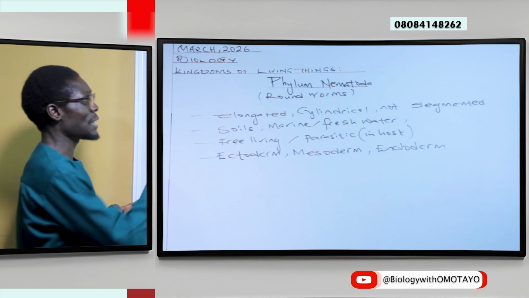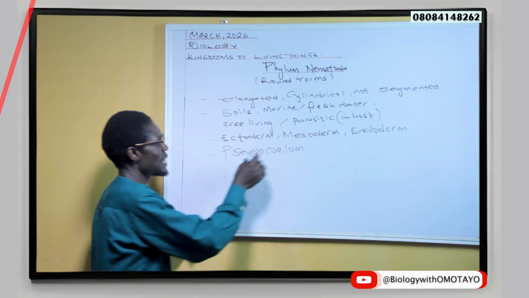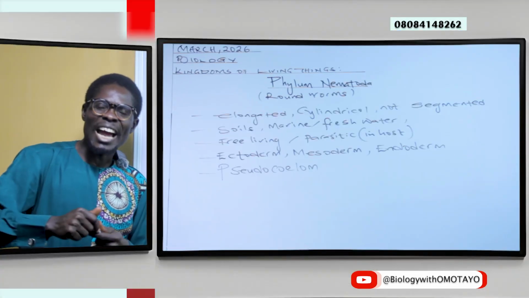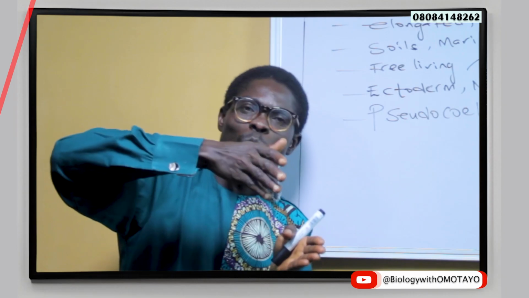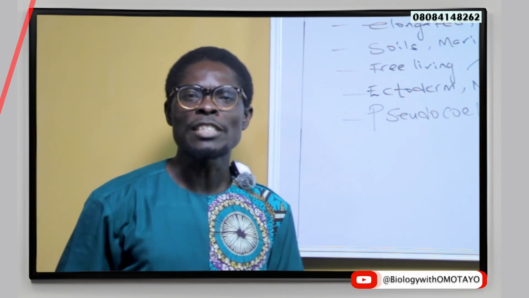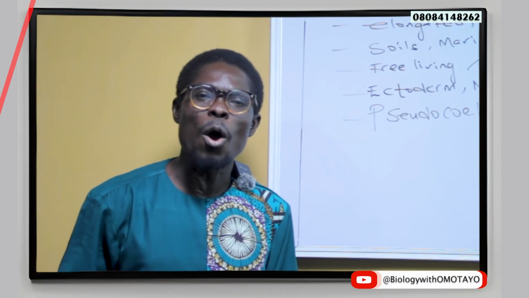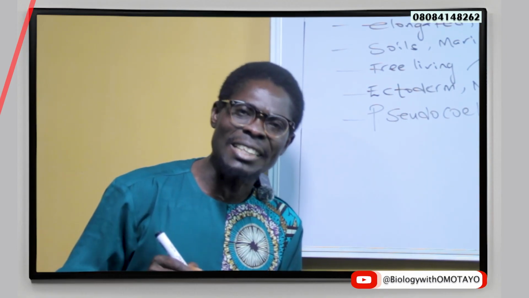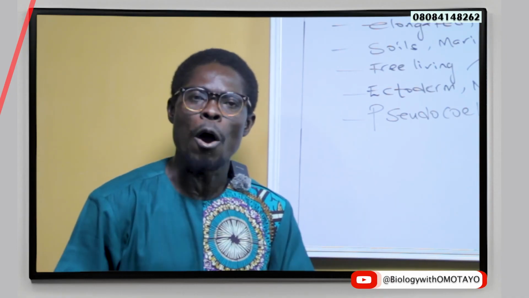Why? Because there is the presence of a pseudocoelom. It's a cavity between the mesoderm and the endoderm, where fluid is always taken into, so as to create a form of hydrostatic skeleton for the said organism, such that the shape can be well formed and